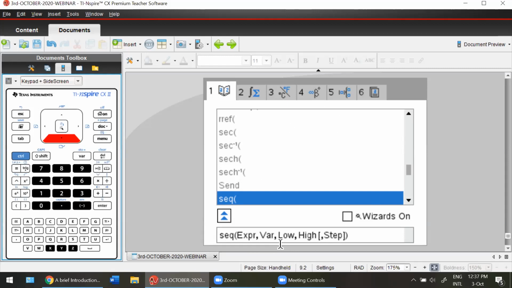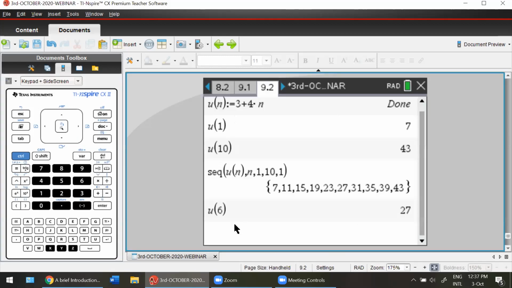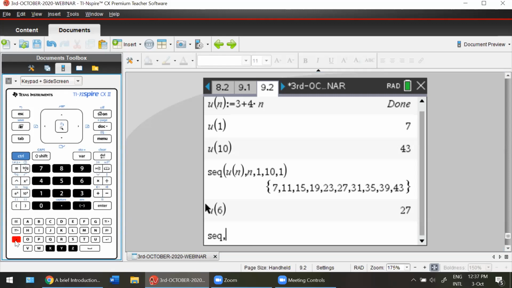So just press escape, and you can also type, students, SEQ, and observe, the Q has become straight because it has recognized that you're calling a catalog function. And then just follow this order because you've already defined UN. So just type UN in, put a comma. You'll find the comma here on the left hand, but I don't know whether you can see. It's now red, and accordingly type it in, and you'll get your beautiful sequence there.